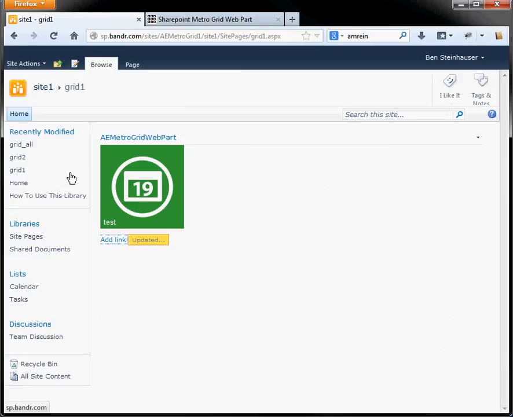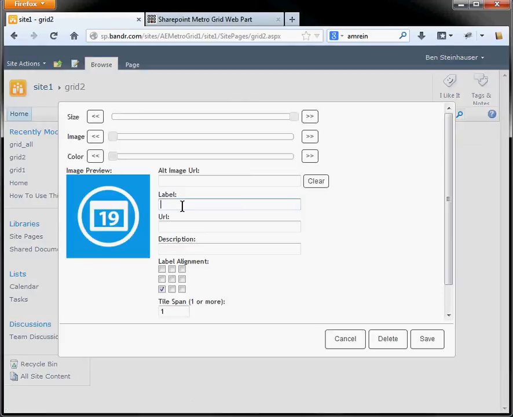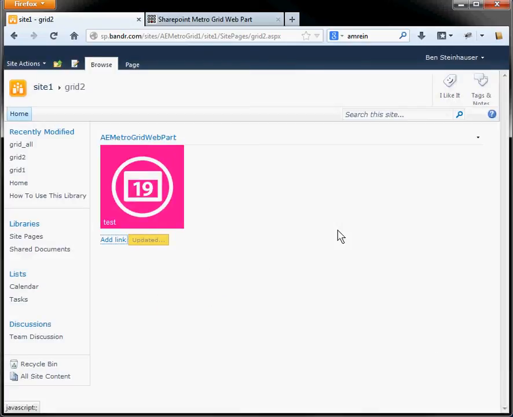Let's go over to Grid 2, the other page. And we see on this page, the web part has also already been added with no tiles. So let's go ahead and add another tile. And let's change the color of this tile. And there it is. Now, if we go over to Grid All,